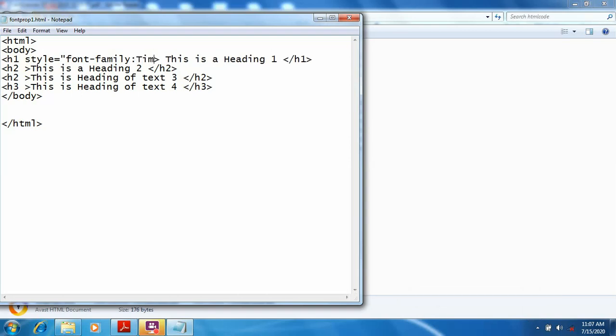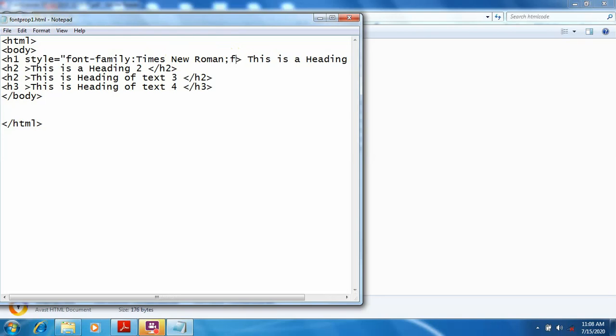I am taking value Times New Roman. Okay, then closing this with the semicolon.